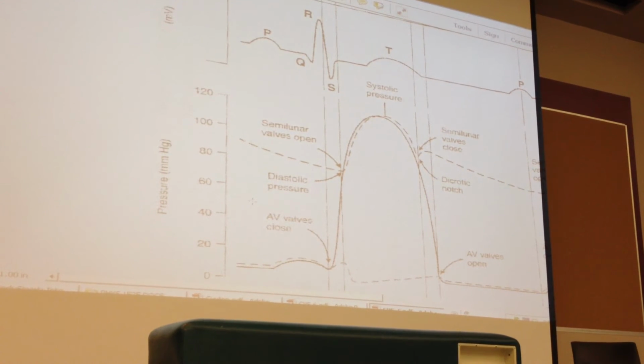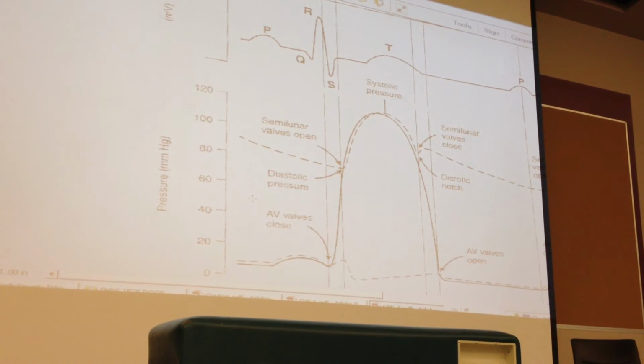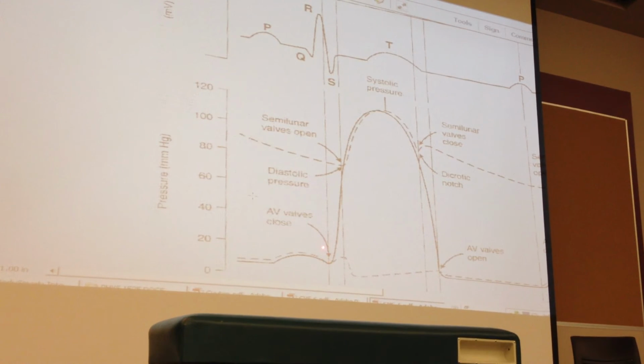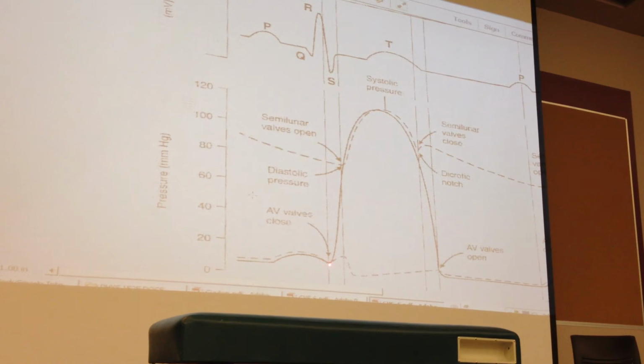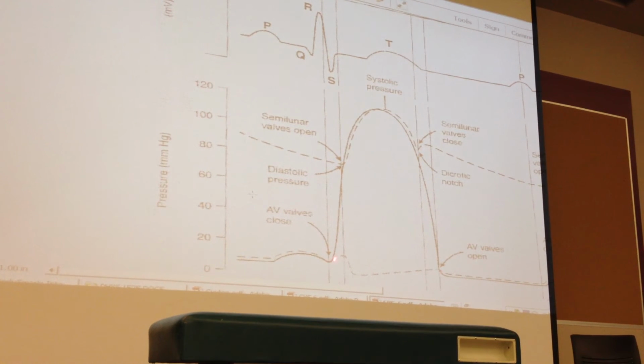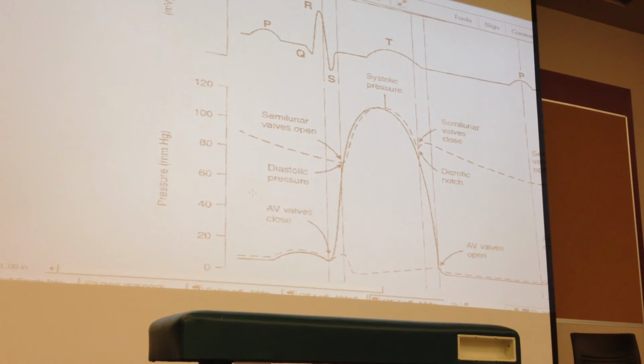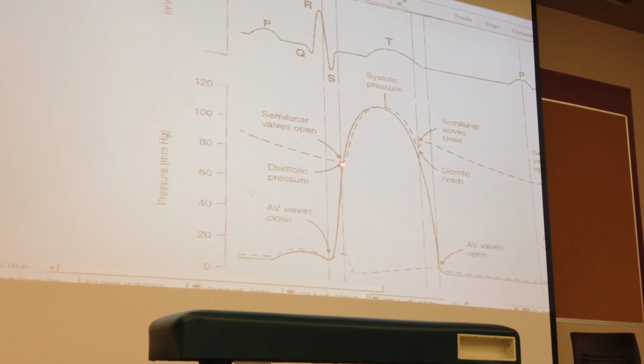Where does the contraction begin? Where does the cardiac cycle begin? Ventricular contraction. So let's start with the pressure involved during the contraction. That's where the contraction begins: the period of isovolemic contraction. Note this is pressure. The volume doesn't change, but the pressure increases. Are you seeing that? The pressure increases, but the volume hasn't begun to change because the lumen of the left ventricle has not yet been altered. The ventricle is continuing to contract for that short duration of time, and the pressure of the blood within the ventricle increases.